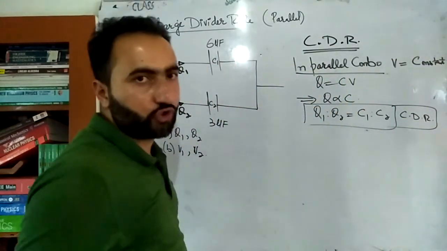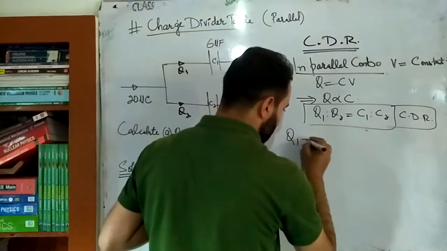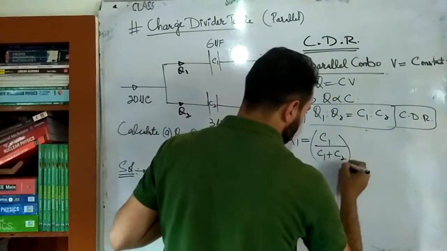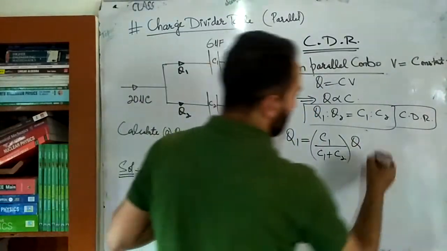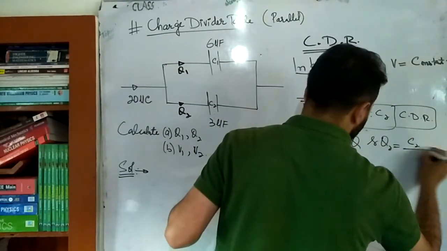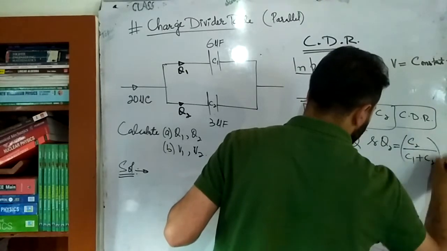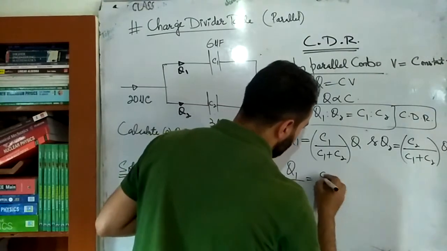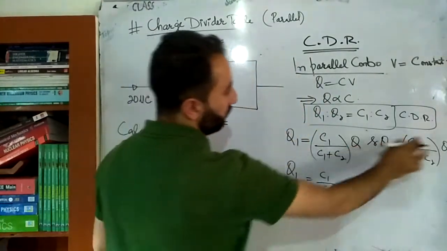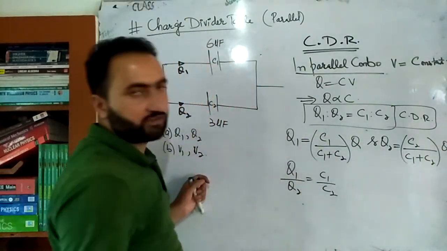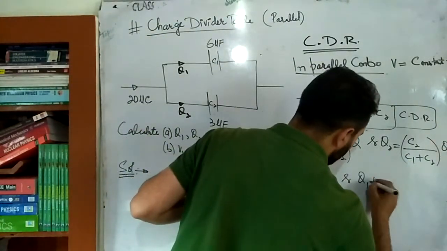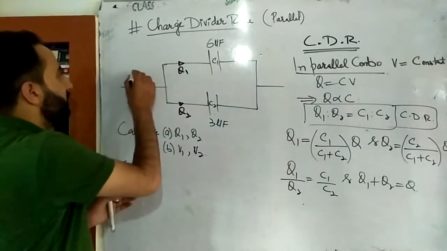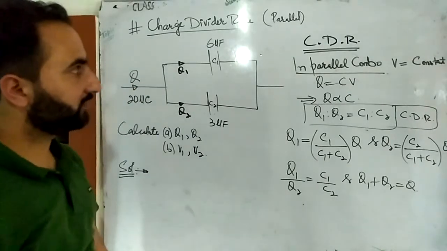Okay, now if you want to calculate Q1 from here, what to do is this: Q1 will be equal to इसका factor C1 divided by summation of the two factors C1 plus C2 multiplied by net charge, that's Q, and Q2 is equal to C2 divided by C1 plus C2 multiplied by net charge, that's Q. So if you want to calculate Q1 by Q2, it will be equal to C1 by C2. Q and Q will cancel, this and this will cancel, तो बचा क्या? C1 by C2. And if you want to calculate Q1 plus Q2, that will be equal to Q as expected, because Q1 plus Q2 must be equal to this net charge, that is equal to Q. बोलो बेटा, ये समझ में आया?